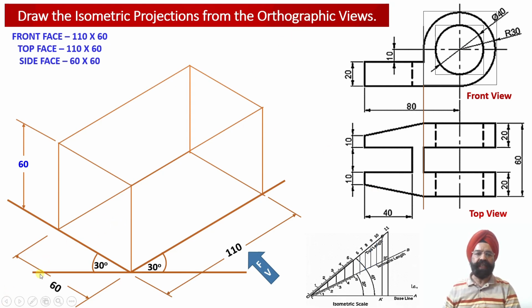So towards the left hand side face of the solid, we are going to obtain this flat horizontal web over here. So now we know that this height is equal to 20 millimeter. So at a height of 20 millimeter, we have obtained an isometric projection line which will be parallel to the